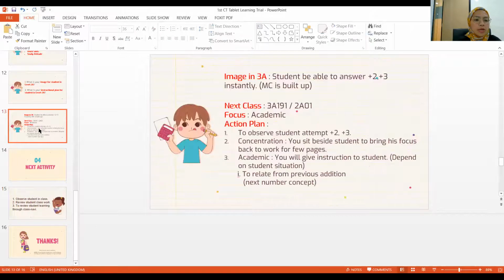Okay, so this is something I never taught to the parent. This is my own thinking. Okay, then for the 3A or 2A students, are you aiming to have students already start doing tablet?